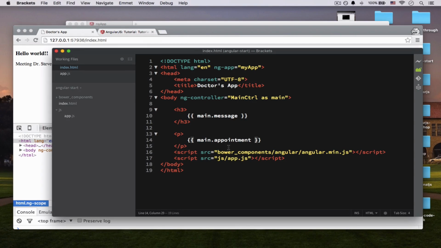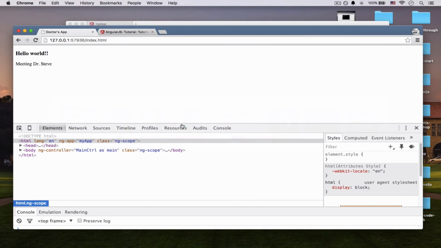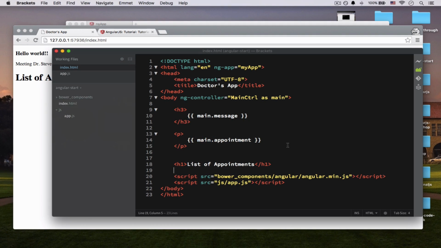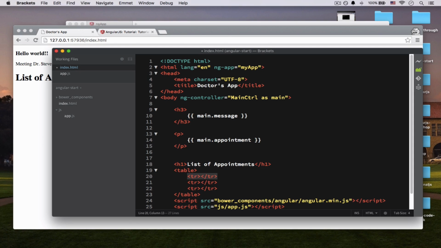So next one, what if we wanted to create a bunch of collections of appointments, right? Maybe we would want to call it a list of appointments. And the way you would probably have done it in the past is you would have hard coded everything. So maybe you'd have some kind of table, and in that table you'd have a bunch of rows and so on. Perhaps there would even be 3 different rows with some data, let's say